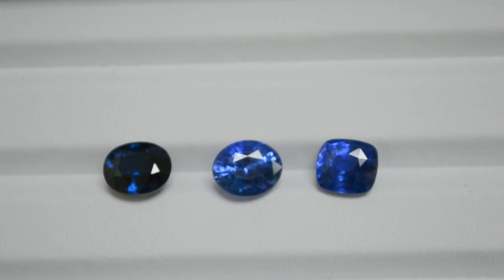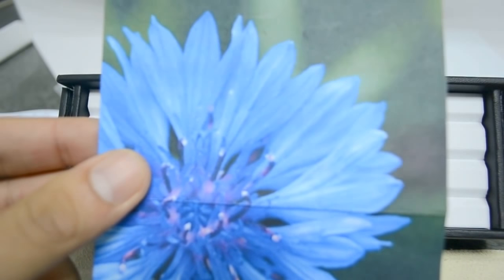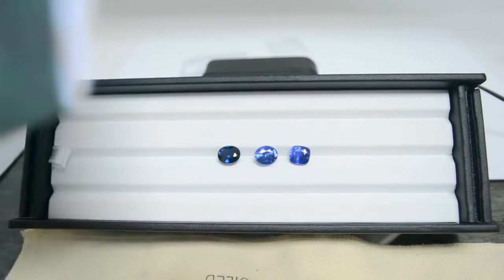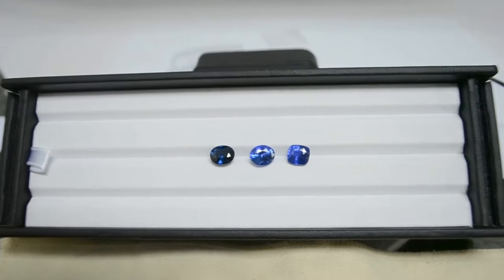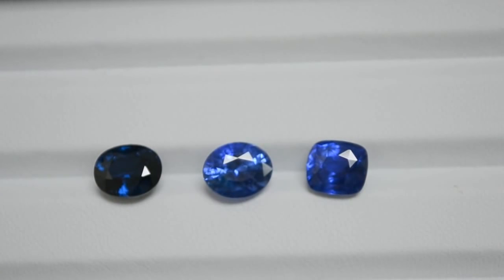What wholesalers or manufacturers do, or at least what I do, is I keep a little paper with the cornflower color in front of me all the time. Even when I'm buying the stones, even when I'm selling, no matter what I'm doing, I always have this in front of me. So this is one of the best ways to really compare the color, because cornflower color is known as the top color in our industry, very much preferred in the United States, in Europe, and places like Japan,